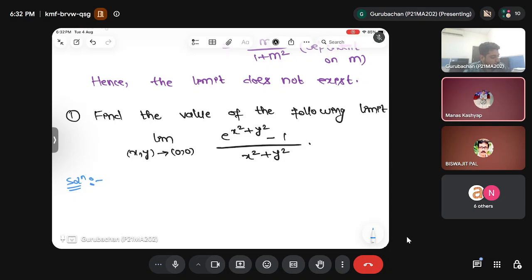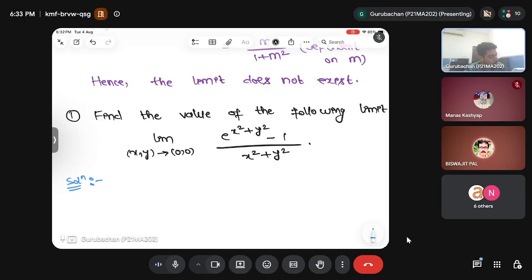Good. So what are the polar coordinates? These are, as Manas told, the basic parametric coordinates of a circle. So we choose x equal to r cos theta and y equal to r sin theta. This will also help you in future, this polar coordinate. So if you try to add x square plus y square, you will get r square sin square theta plus r square cos